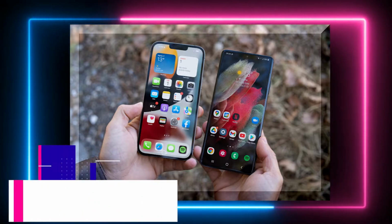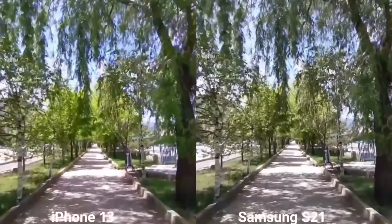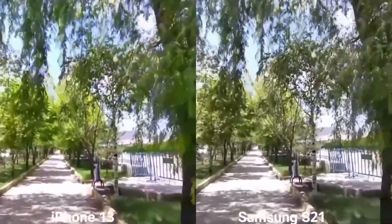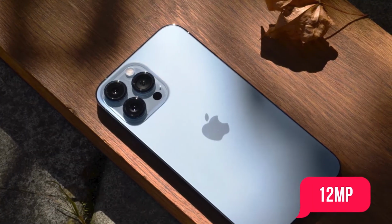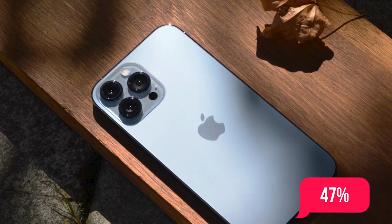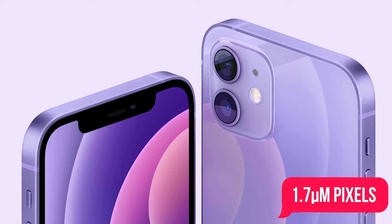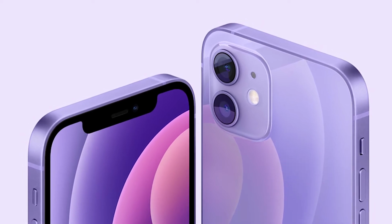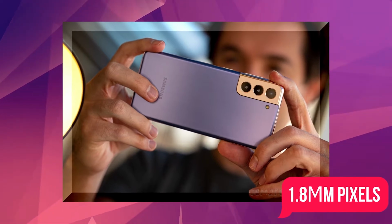iPhone 13 versus Samsung Galaxy S21. Cameras. Both of these phones take excellent pictures and both have their advantages in a straight scrap. The iPhone 13 has a 12-megapixel wide sensor that can pull in 47% more light than the iPhone 12 before it, though its 1.7 micrometer pixels are still a tad smaller than the Galaxy S21's 1.8 micrometer pixels from its